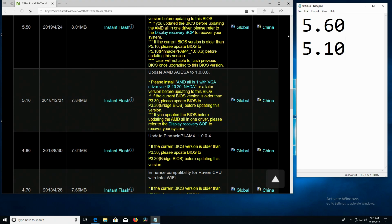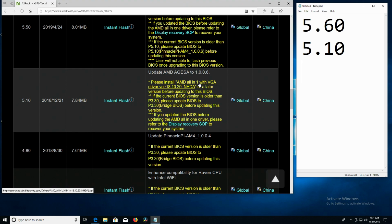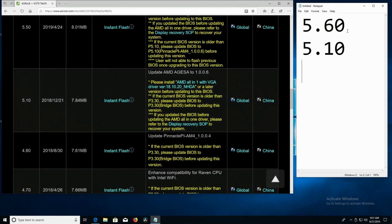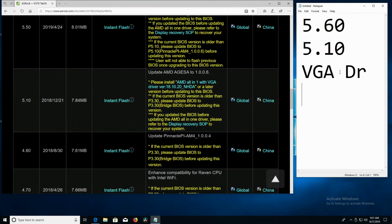Okay, and before we install 5.10, we've got to install these VGA drivers. So, VGA drivers. Okay, we'll just abbreviate that so you can see it. However, these VGA drivers are, almost for sure, going to be a Windows install system, and it might even be a Windows driver type system. So we're going to have to install